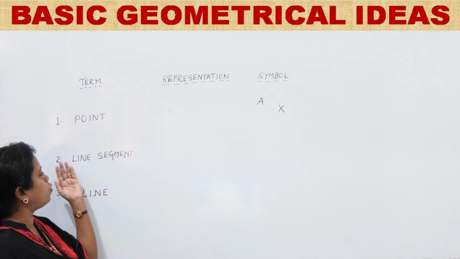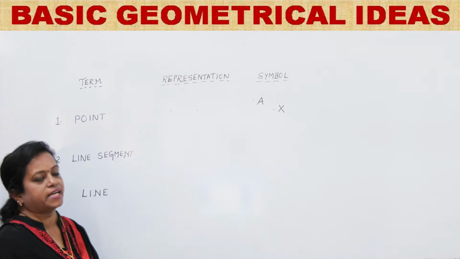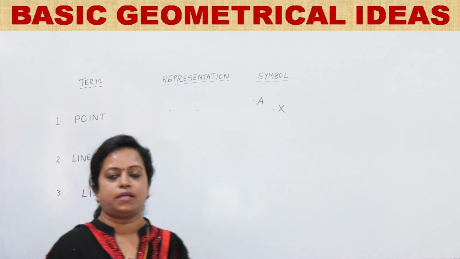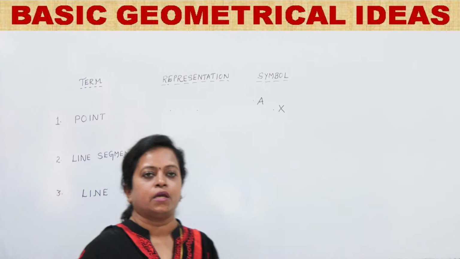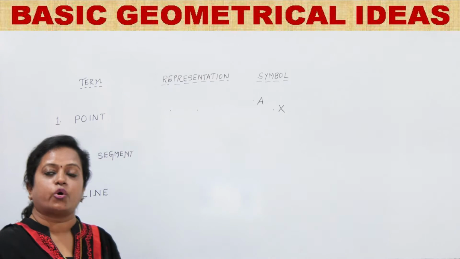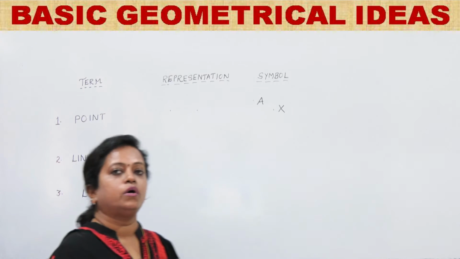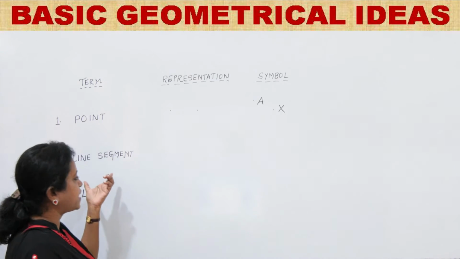The second element that you should know in geometry is line segment. This term has two parts, line and segment. First let us understand segment. What do you mean by segment? It is a part of something. And line is nothing but when we join a number of points together, we get a line. So we understand that line segment is a